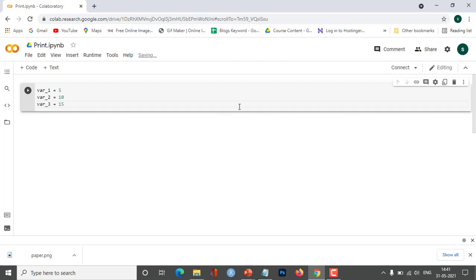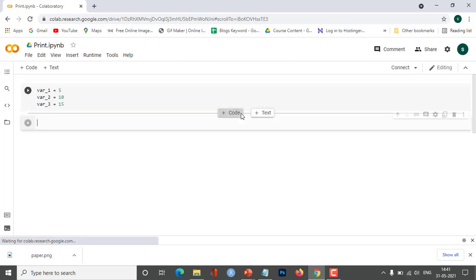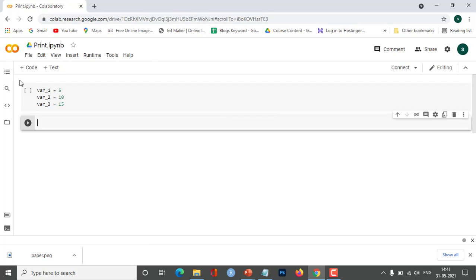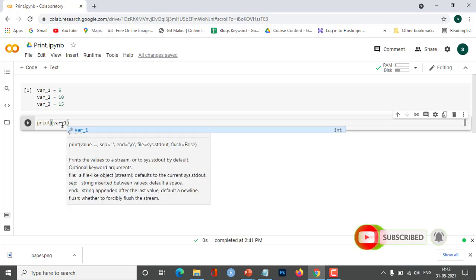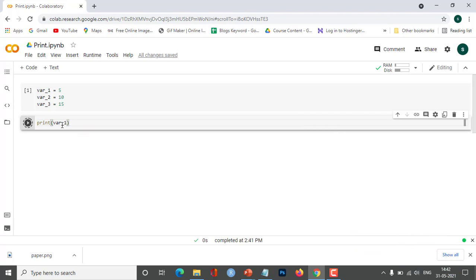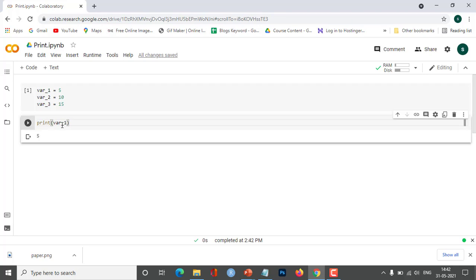Now, before I print this, let me first run this. Here I'll print variable_1. Inside the parentheses of the print function, you have to give the name of the variable. I'll print this and we should get a value of 5, and here it is.